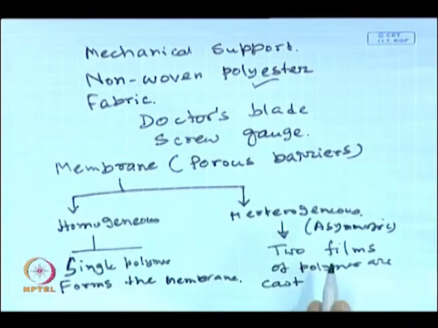Why is it cast one above another? Basically, in membrane based processes, there are two outputs you are looking for. What is the first output? You are looking at the productivity of the process, how fast the process is, what is the volumetric flow rate or filtrate rate you are going to get. If you get something very low, let us say 1 liter per meter square hour, that means if you provide 1 meter square area, you are getting 1 liter in 1 hour, that is very low, and it is not feasible for a practical operation. But if it is 200 liter per meter square hour, then it is quite feasible. That is called the productivity of the process, and this liter per meter square hour is known as the volumetric permeate flux or the volumetric filtrate rate.